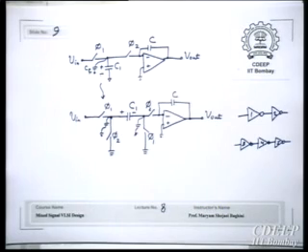No, see, because if you have clock feedthrough, there are two things. One is clock feedthrough, one is charge sharing. If I can solve both of them by this technique,